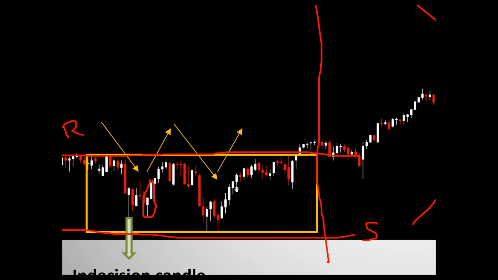Now on the flip side, if your asset is on the resistance level and you're searching for a sign whether it will go down again, the same situation stands. First of all, do I have a preceding trend? Yes, I had this bullish trend over here, and since then it's moving sideways. Do I have an indecision? Yes, I do, because for 1, 2, 3, 4, 5, 6 consecutive day sessions, it didn't manage to break above it.